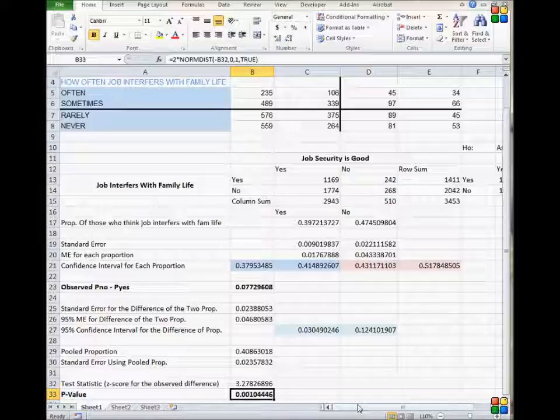And this is no surprise because the difference of the two proportions, which has to do with each individual proportion, has to do with the binomial